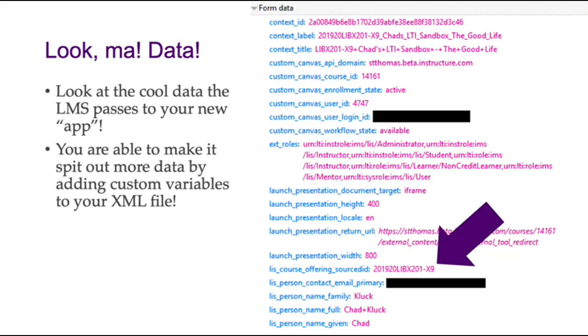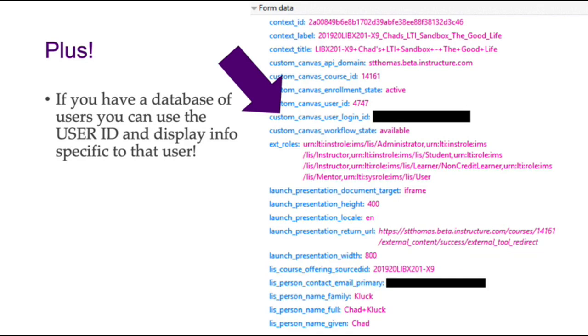It passes that information, spits out more data. You can include more data. There's a whole bunch of other variables that you can include. There's ways to include custom variables. I'll list the documentation for that. And